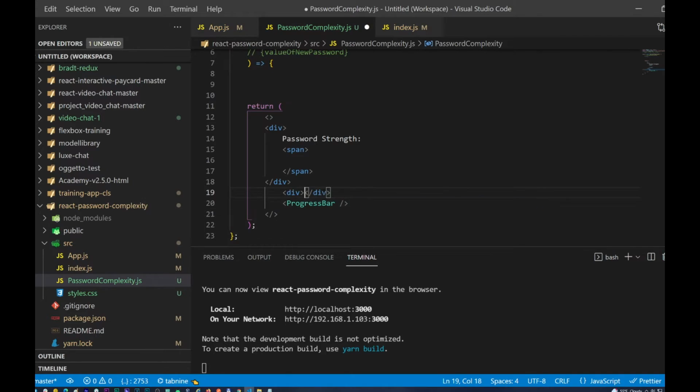We need another div for the progress bar,